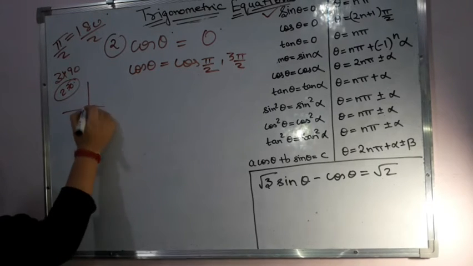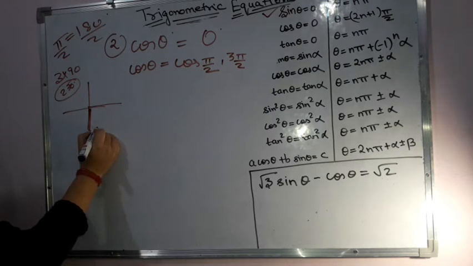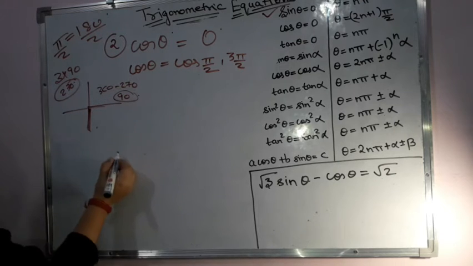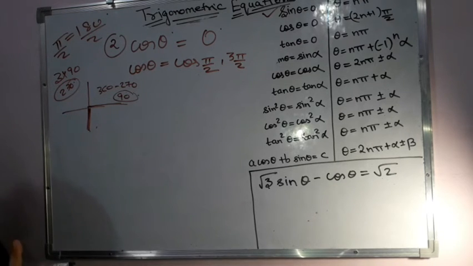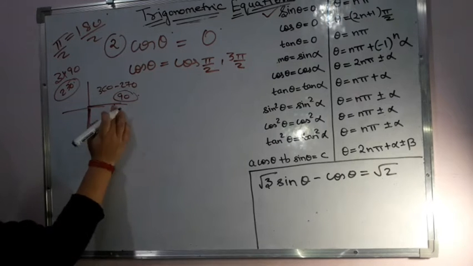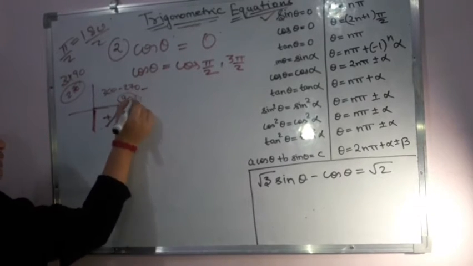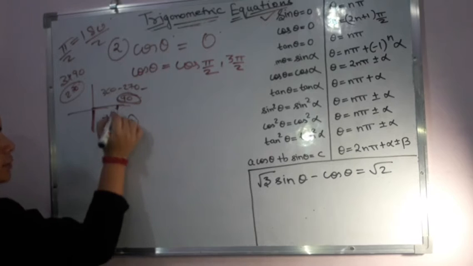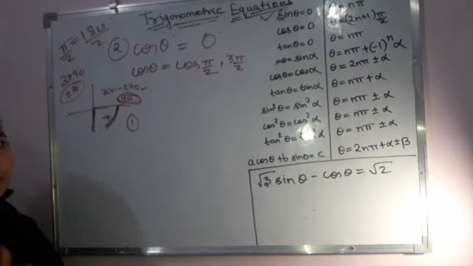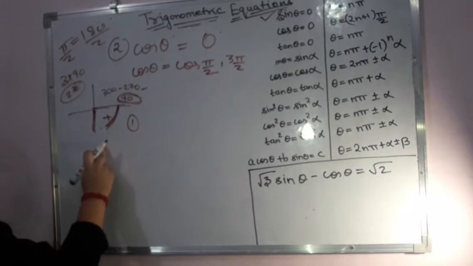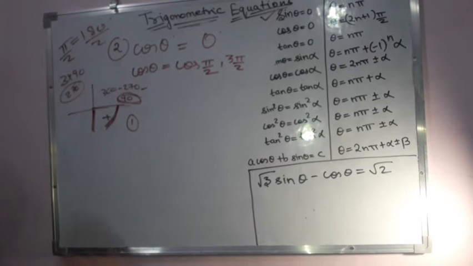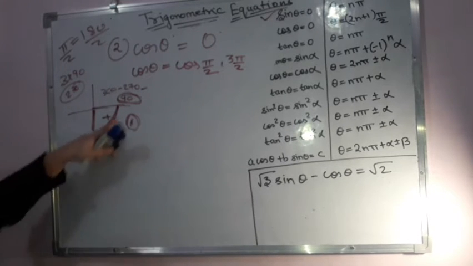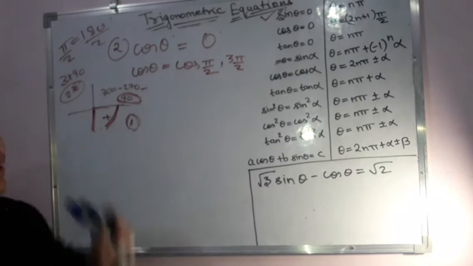So when you do cos of 360 minus theta, if you take 360 minus 270, will you get 90 degree? And we know, we have studied in the previous video, that cos of 360 minus 270 is equal to cos of 90 degree, and we know that cos of 90 degree is equal to 1. And because you are moving in the fourth quadrant, please go and watch the previous video if you haven't watched it, on how to find out in which quadrant which angle will be positive. Then over here cos becomes positive, and so we'll have the plus 1 value over here. That means we can say that cos of 3 pi by 2 is also the same.